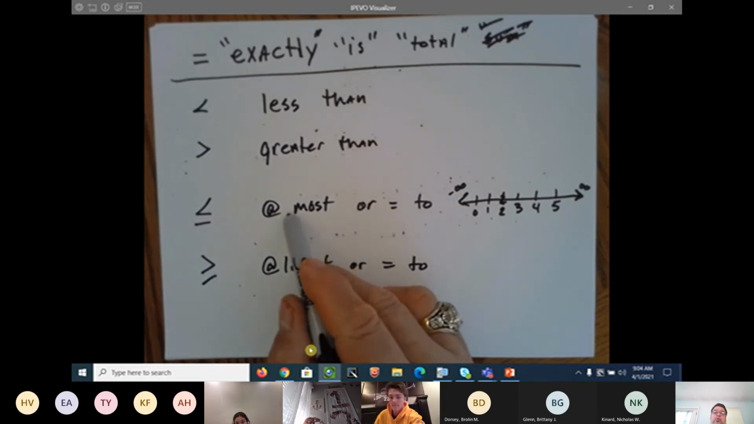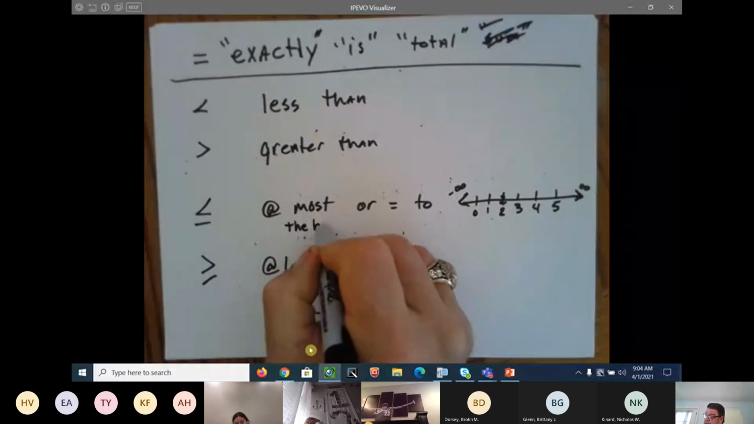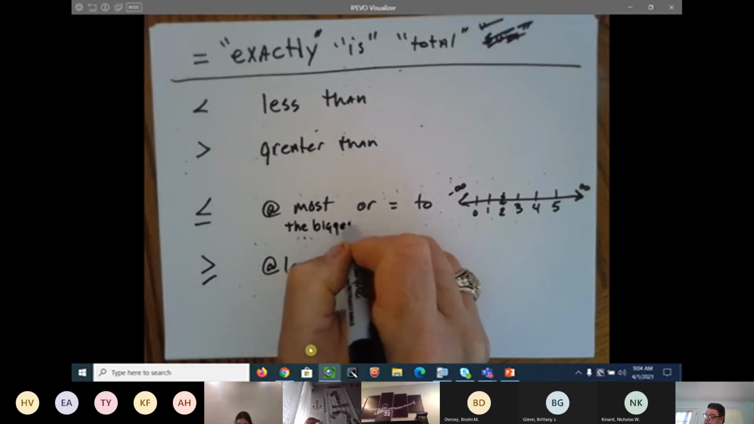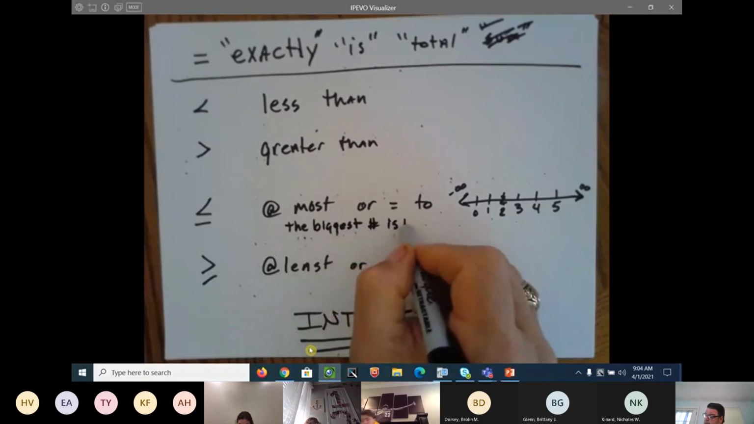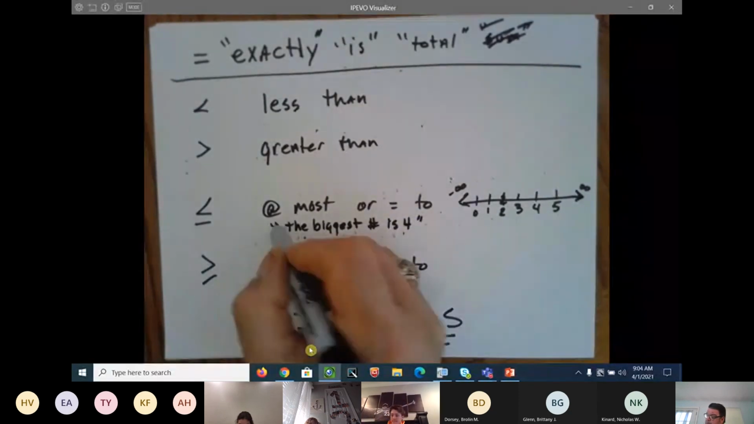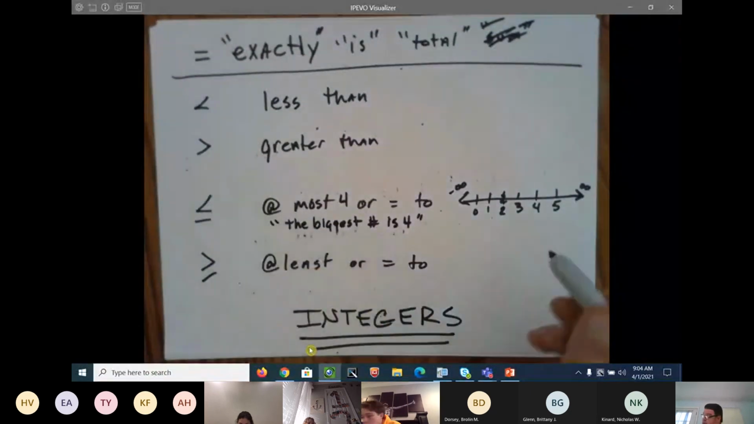So at most 4 means the biggest number is 4. The biggest number is 4. So that means